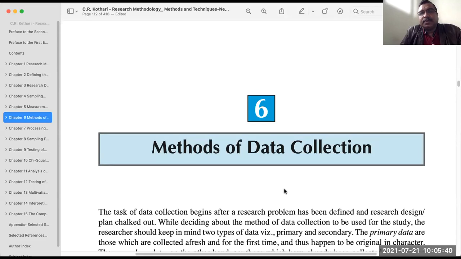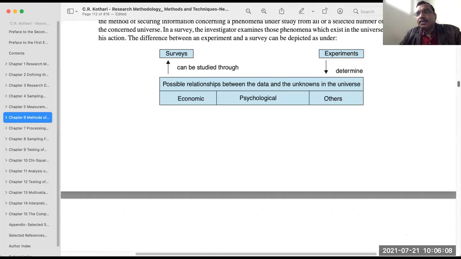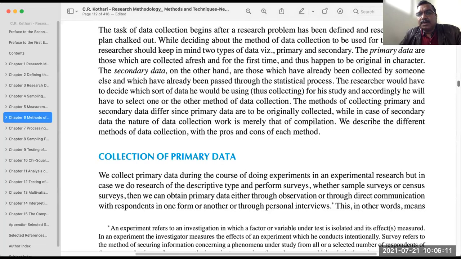we divide the data, based upon how data is obtained, into two different categories. One is known as the primary data, one is known as the secondary data. Primary data is the fresh data, raw data collected directly from the field. Are you able to see this slide, this book on the screen? I hope so. Right. So primary data, you are going to collect. That is fresh data, right? That is not reported anywhere.